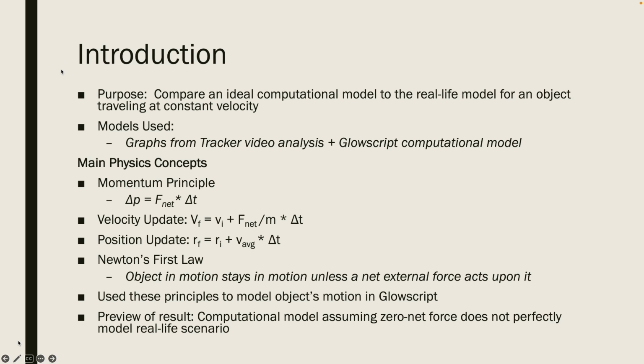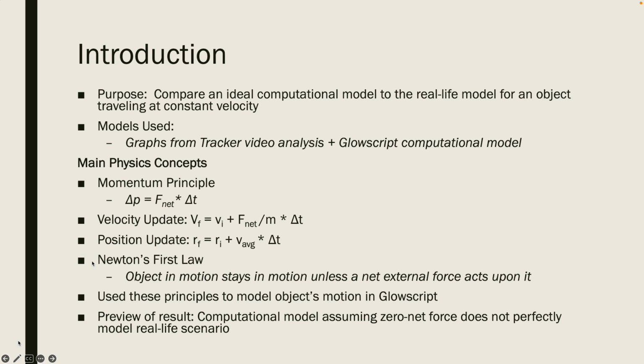We also got the velocity update formula shown here. And again, showing that when there's zero net force, the final velocity will always equal the initial velocity at every point. We also got the position update equation right here, which shows how position changes over time using average velocity. And of course, in this case, the average velocity is always going to equal the initial velocity since we're assuming